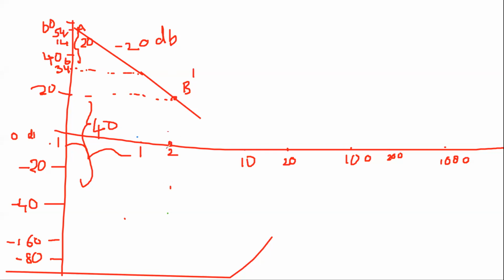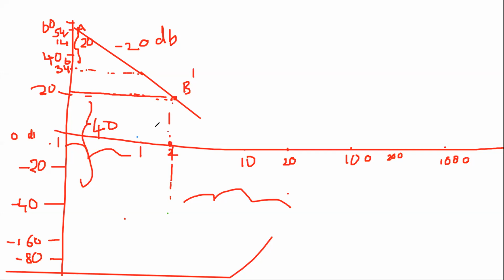What is the corresponding frequency now? 2. So 2 to 20, 1 decade is 20, right? This is the decade frequency. So now I'm interested in this decade. My decade at B dash is 2 to 20. This is 1 decade. So decade has been identified, but what is the magnitude I want to have? I want to have from B dash to go down by 40 units. So whatever may be here, maybe it is 28 or whatever. So I have to go down with that by 40 units.